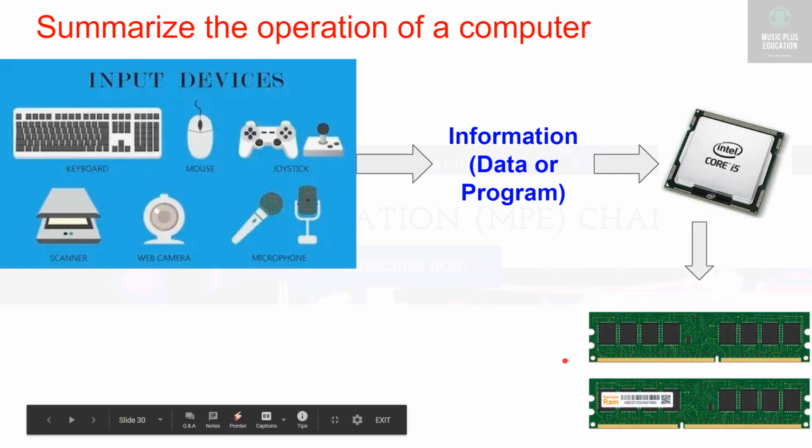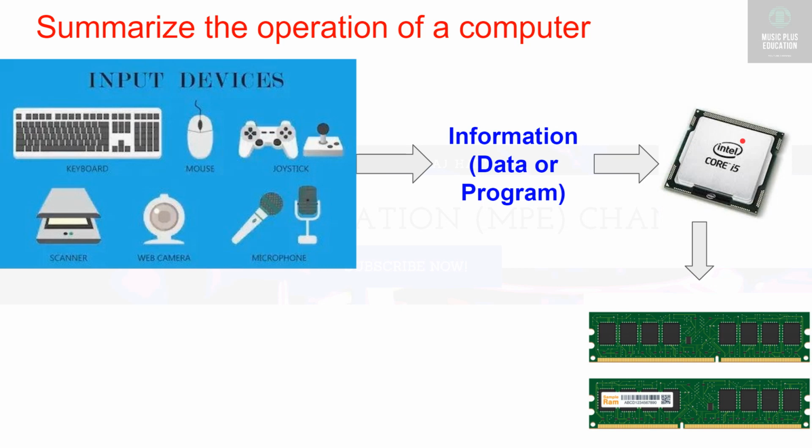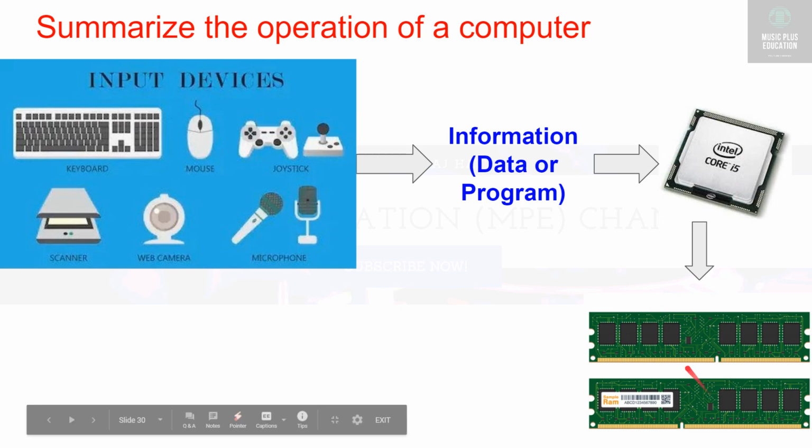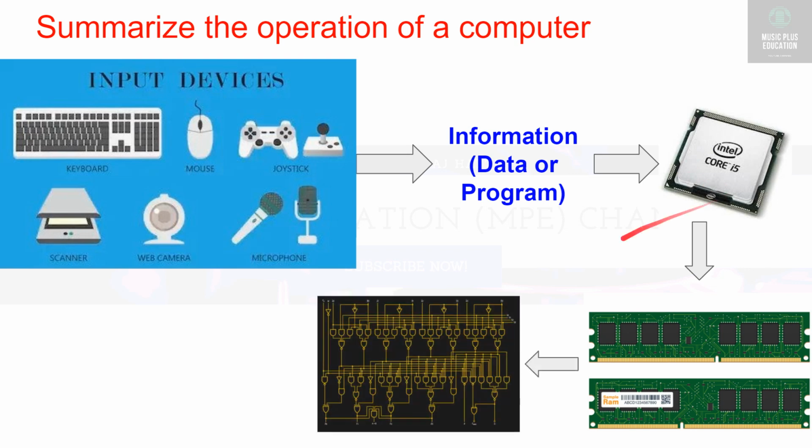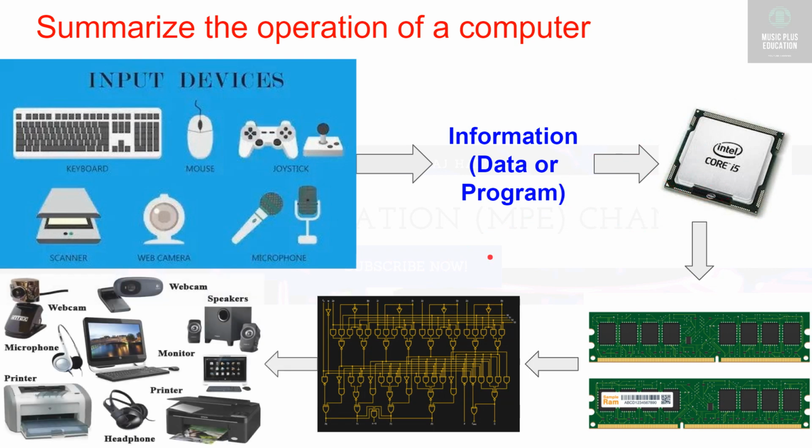Once they are stored in the memory, again the processor fetches the data. The processor fetches the instructions and data from the memory. First the processor will store that instruction and data in the memory. Again it will fetch the program and data from the memory. How will it fetch the data? By sending the address of that instruction and the address of the data. It fetches the instruction and data and keeps it in the cache memory, right? And again what will happen? The ALU performs the addition operation, subtraction, multiplication, and so on, logical operations, AND, OR, XOR and all, and sends the final result to the output world.